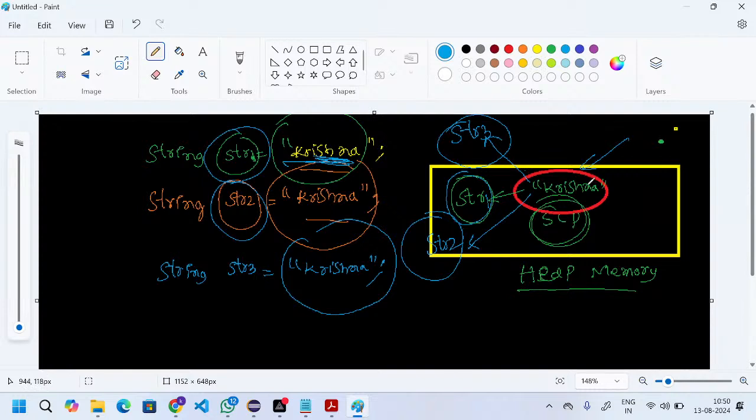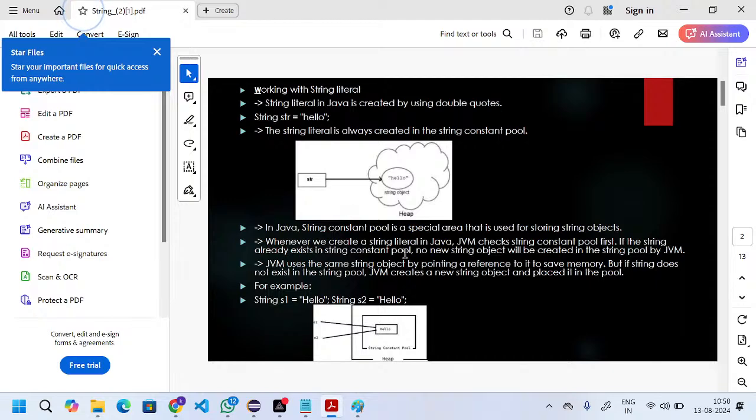If it is not there, only then will it create a new one. If it is available, then we can store that reference. It does not create a new string. That is what we have to remember in the case of strings. Okay. The next thing is